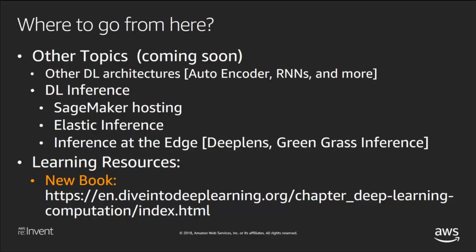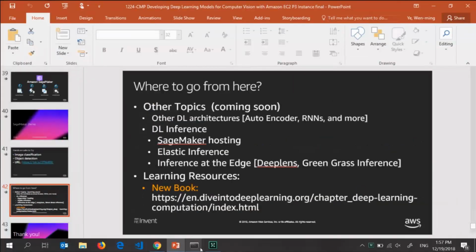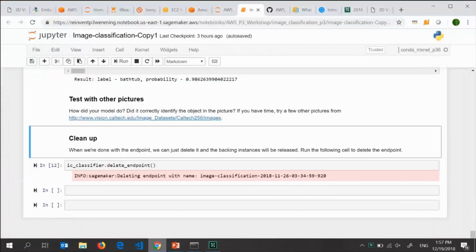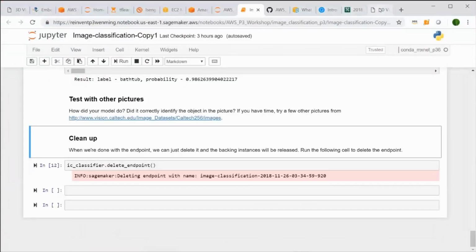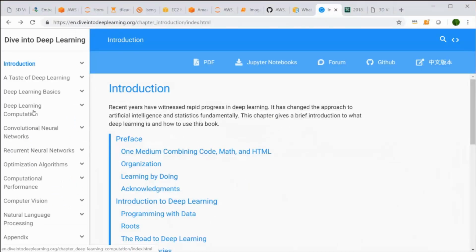And of course, I really want everyone to look at the new book that MXNet and the Amazon Machine Learning team have published. It's called Dive into Deep Learning, at d2l.ai. What I will do is go into the website a little bit. Yeah, so this is the book.